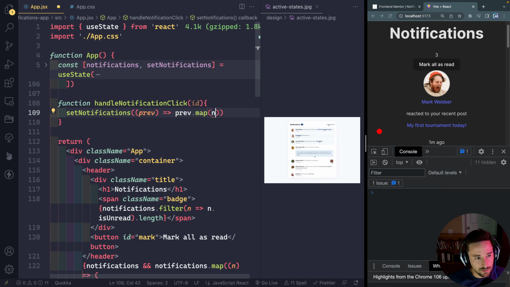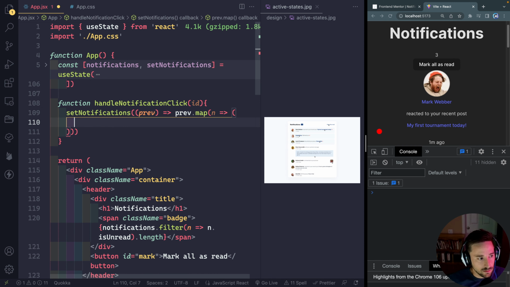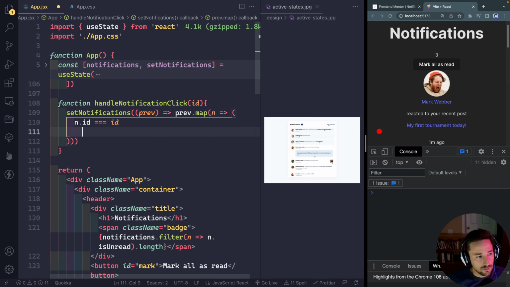And we'll take the notification, and then I'll say notification.id. If that equals the ID I passed in, then I want to set the, say, I guess I got to spread in the rest of the properties and then just update the is unread,